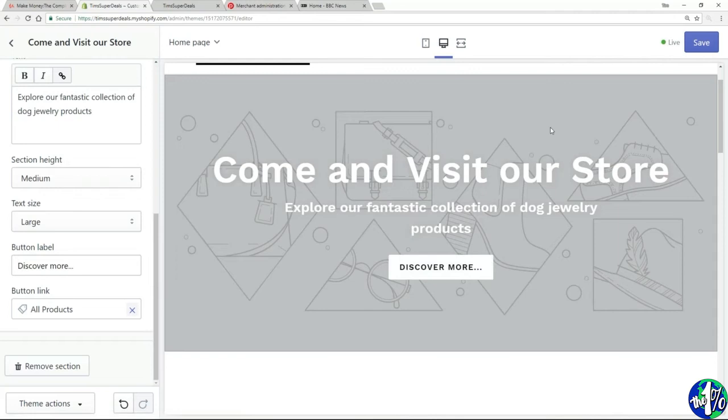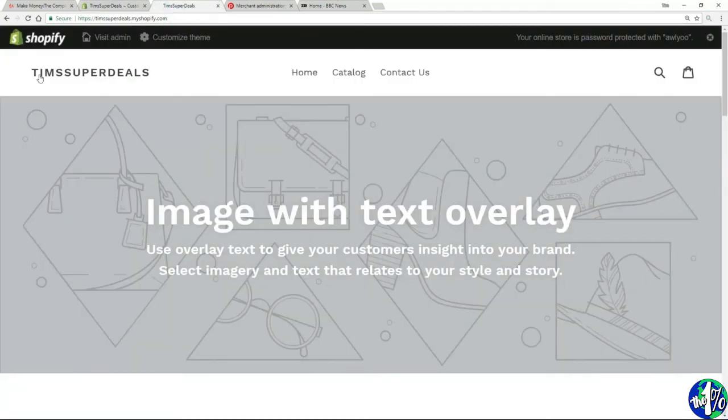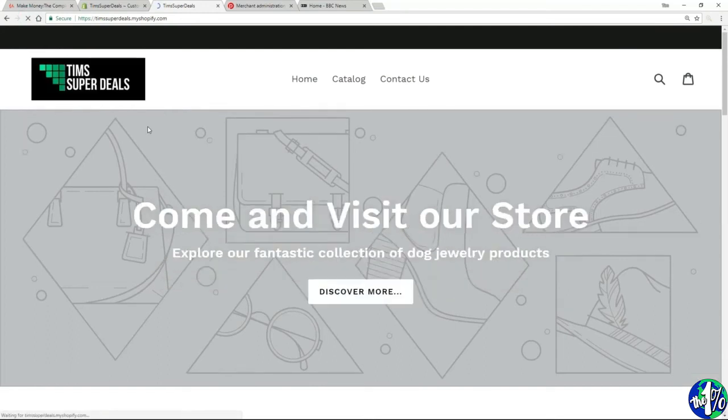Now let's not forget to save, of course. And just to be absolutely sure that it's actually really happening on our site, if we go back here and refresh, then here you see the logo and all the bits and pieces that we've just been talking about. So now let's try and put a nice image behind all this to really start to give it a professional